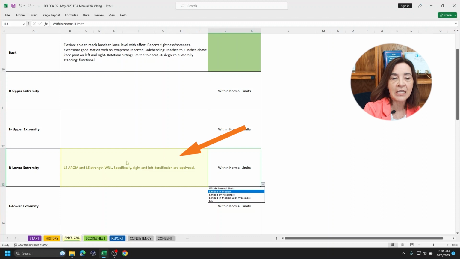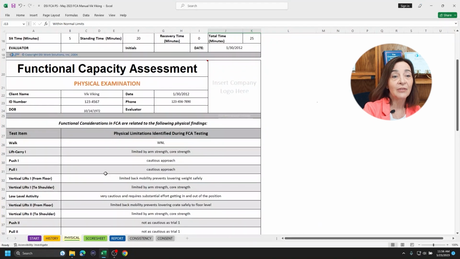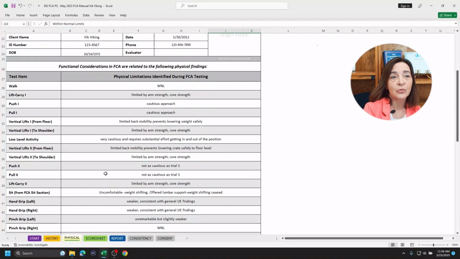Again, this is free text, and you can enter it in the format that you wish. Again, it's important to record the amount of time the individual was in the seated position for comparison to the sitting test later in the functional capacity assessment. We've expanded the section to a second page that looks at functional considerations and the relationship to the physical findings